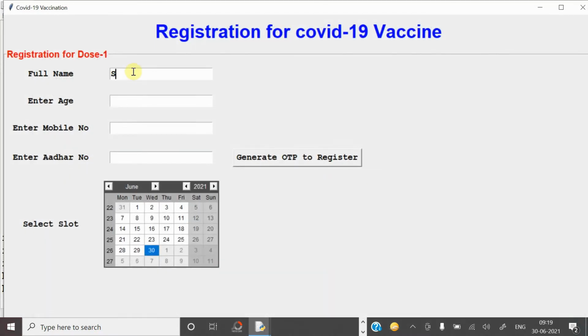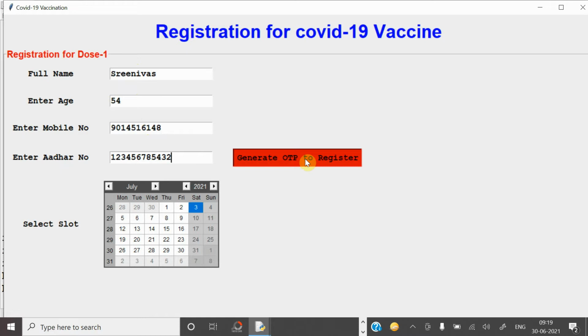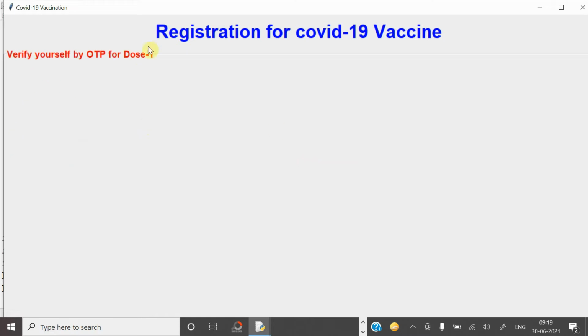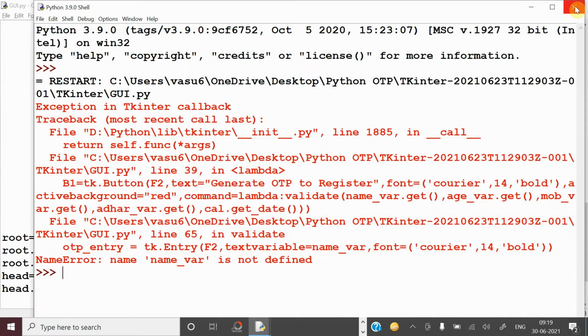Entered some name, Srinivas, and age 54, mobile number, Aadhaar number, pick a date, click on generate OTP to register. Now immediately you will receive one OTP on my mobile. One frame is visible here. Now you have to pack it on the screen. So why is it not visible here? The reason is that